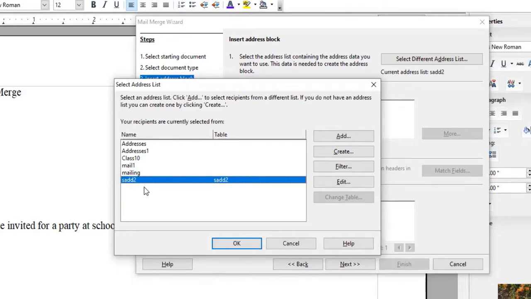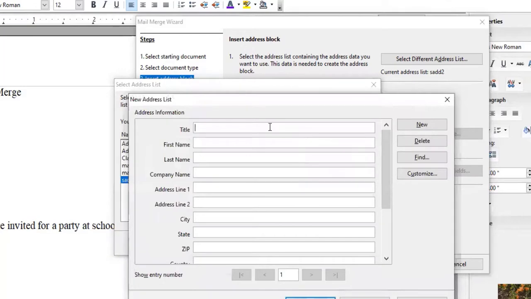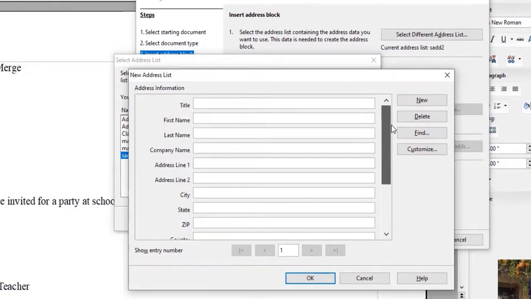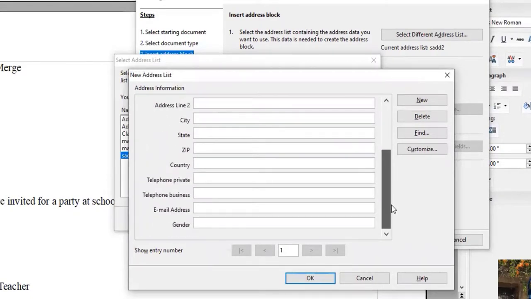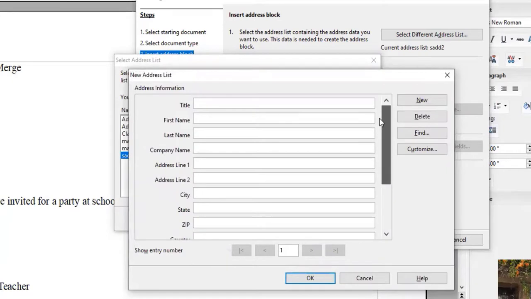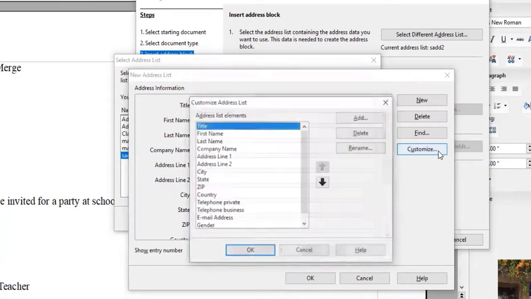For demonstration, I'm going to create a new address list for you. So I click on create. Then it shows these are the fields which I have got to fill up. These are by default available for me. But if you don't want all these fields and you want some separate fields, you can just click on customize